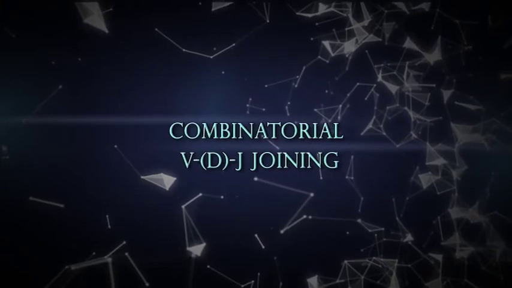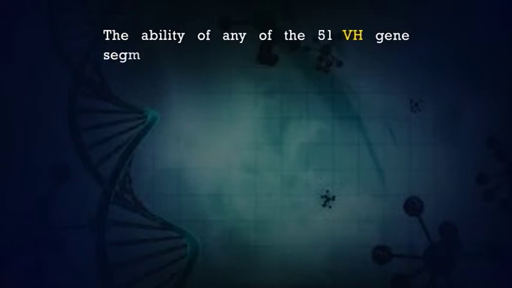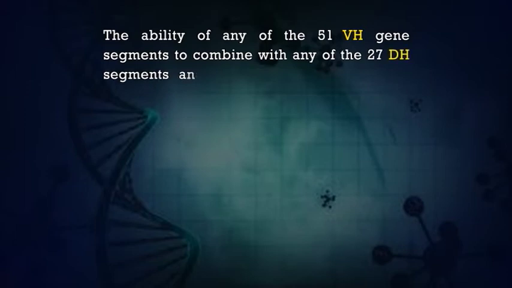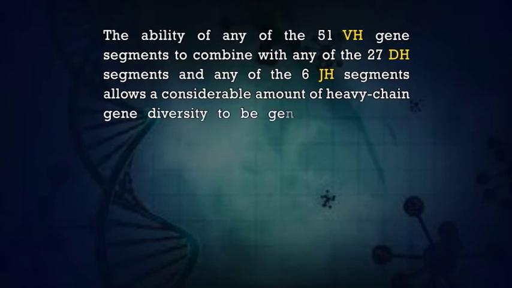Combinatorial VDJ joining. The contribution of multiple germline gene segments to antibody diversity is magnified by the random rearrangement of the multiple gene segments of antibodies in somatic cells. In humans, the ability of any of the 51 VH gene segments to combine with any of the 27 DH segments and any of the 6 JH segments allows a considerable amount of heavy chain gene diversity to be generated, which is about